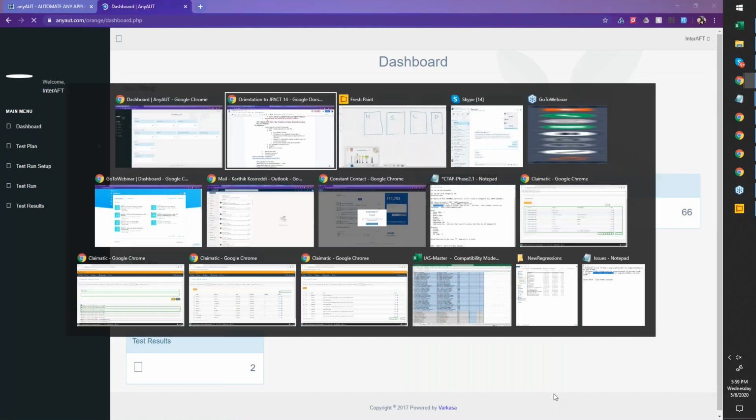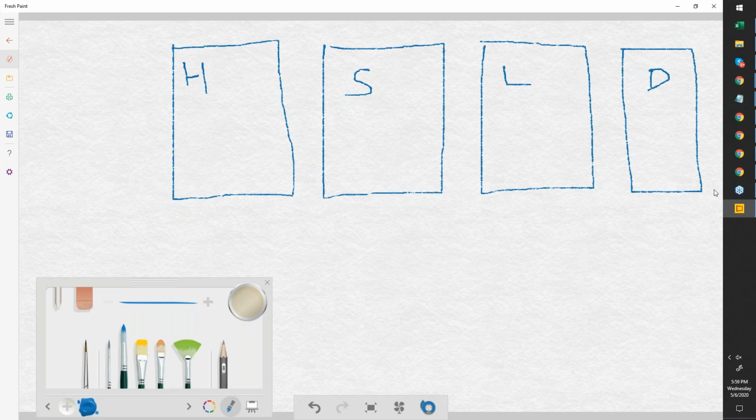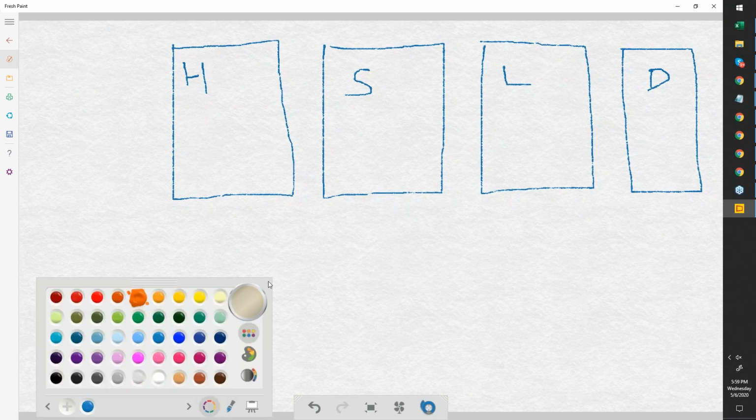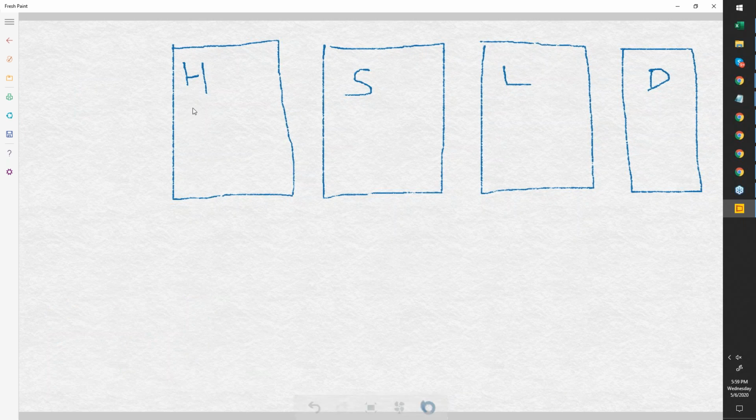Now, from a page object model, page factory perspective, the whole idea is this. There are 2 things here, team. There are elements everywhere, in each page.